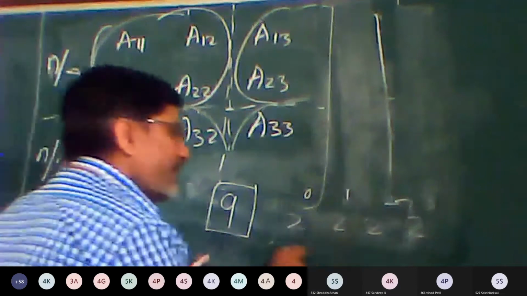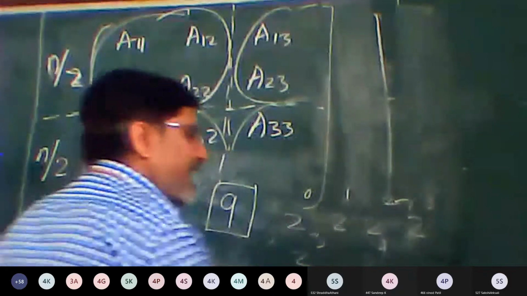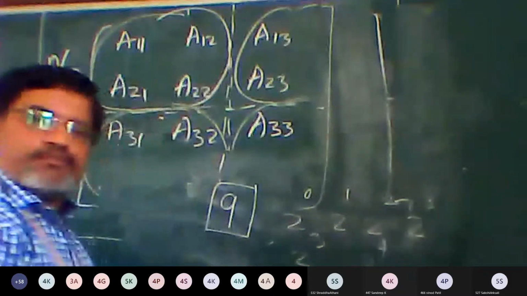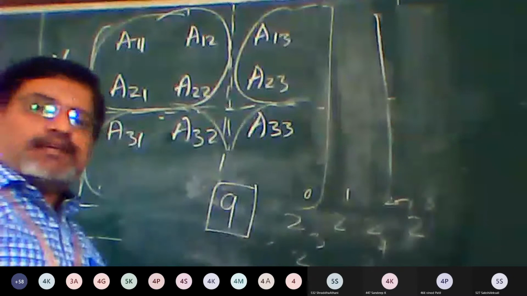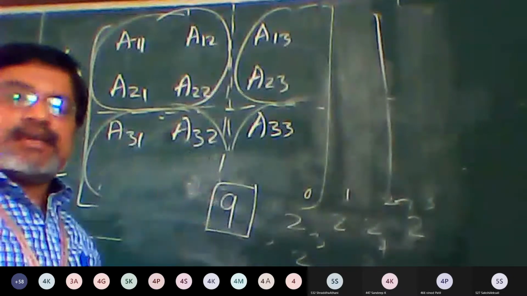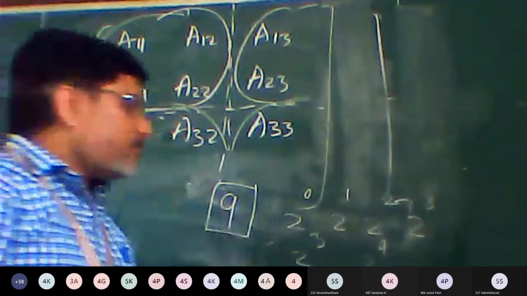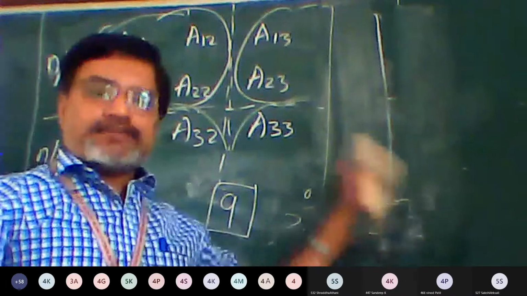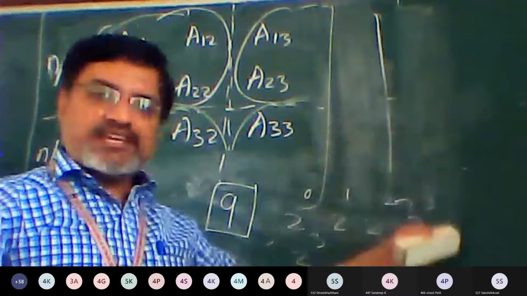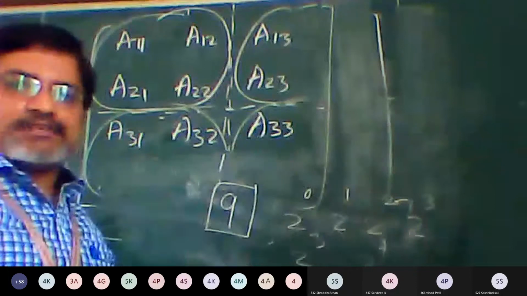We may end up somewhere between 2 to the power of 3 and 2 to the power of 4, which is 8 and 16. Basically, what Strassen says is that the matrix should, first of all, be a square matrix, and the number of elements should be a power of 2. The total number should be like 1, 4, 8, or 16. If that is the case, then only we can apply Strassen.